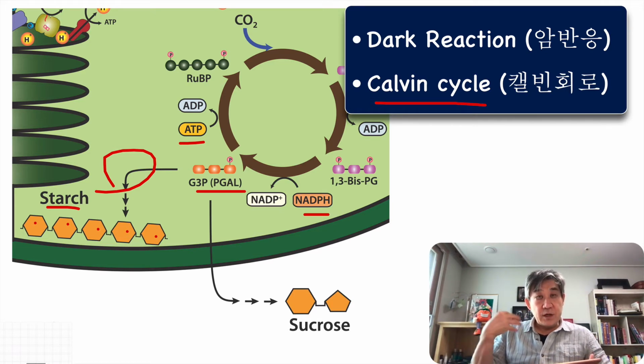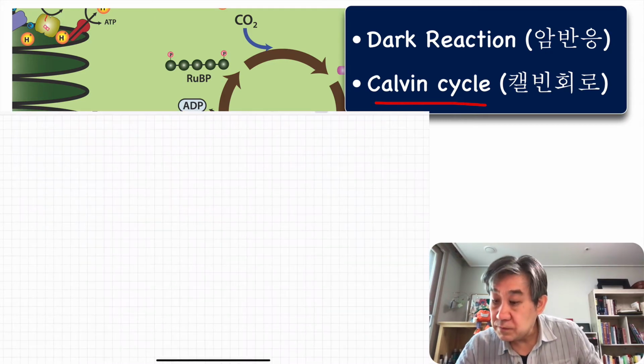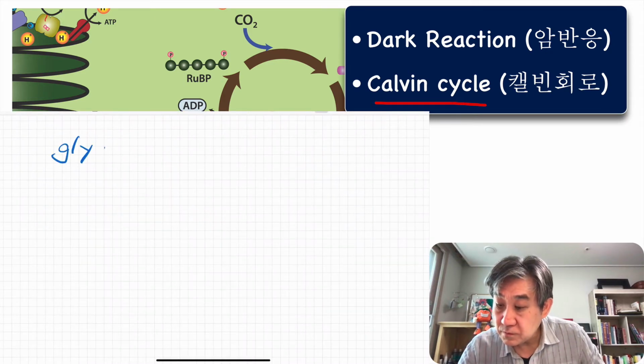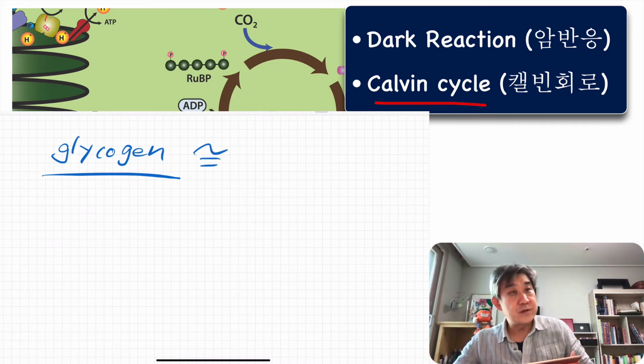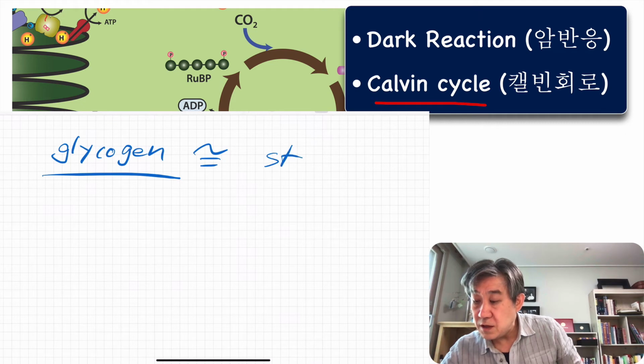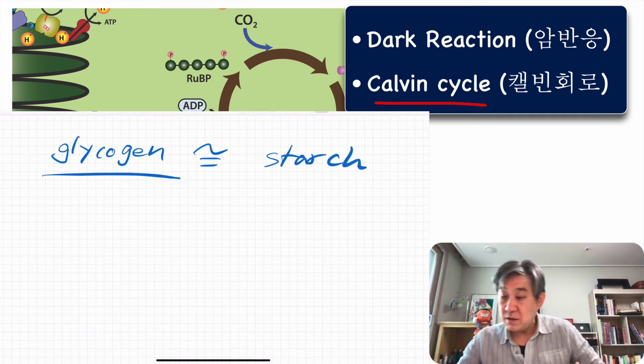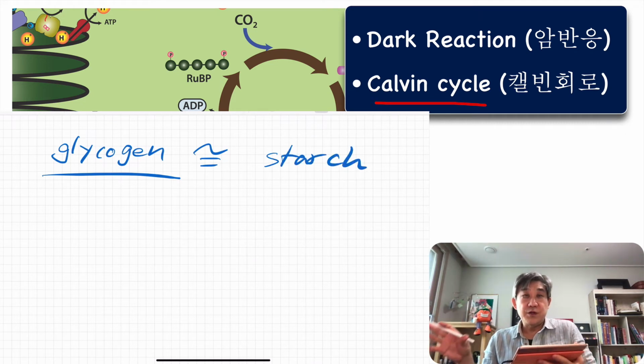And actually in our animal cells, in particular in the liver, a very similar storage form of sugar, glycogen, is almost identical in chemical structure to starch. So both starch and glycogen are the storage forms of the simple sugar glucose. And also,